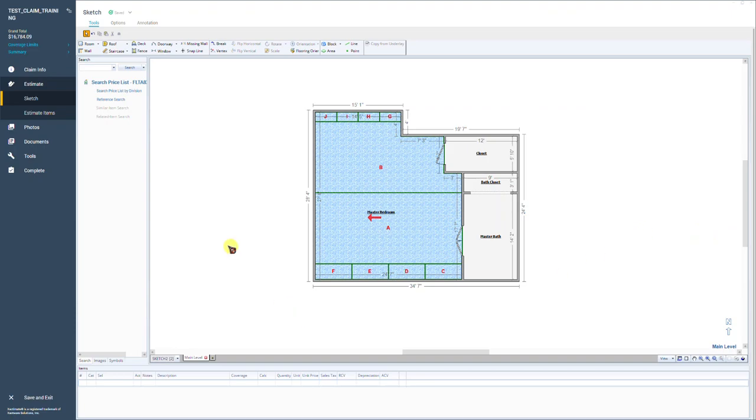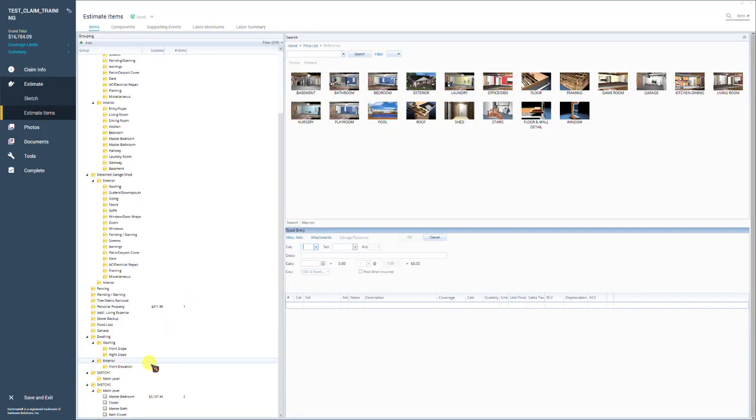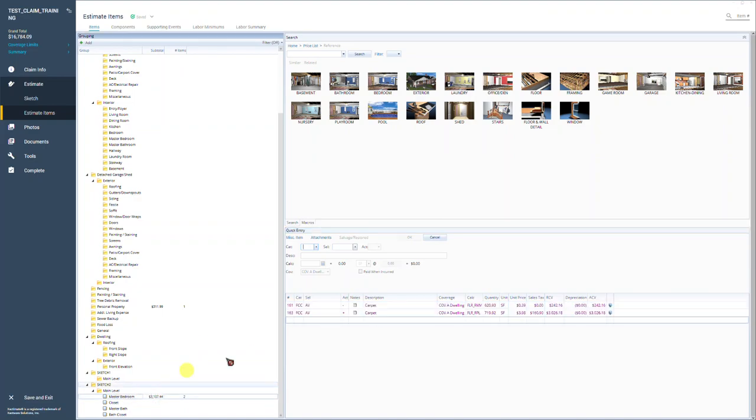So let's go take a look at our estimate. We're going to leave it right here at 13.75, I believe is what it was. If we go back to the estimate and we go down to the bottom and look at our master bedroom, we have our line items here. If I click on the room, it's all purple. That lets you know that we put these line items in the estimate via sketch, and the waste has been applied. So 3,026.18, we have